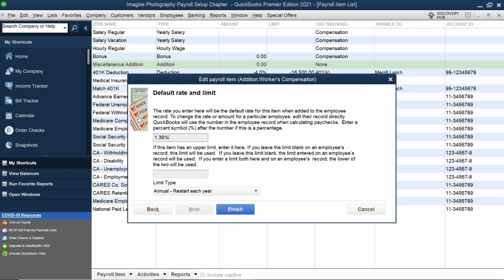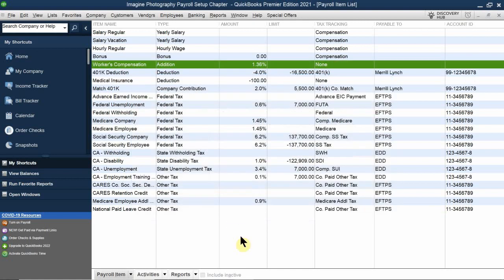Is there a limit for the workers' compensation? I don't actually know. Probably not. And you can click finish. So there you go. Now you have an item called workers' compensation, which is a company contribution. A company pays for that, not the employee. So it's not a deduction. It doesn't take away from the employee's paycheck,